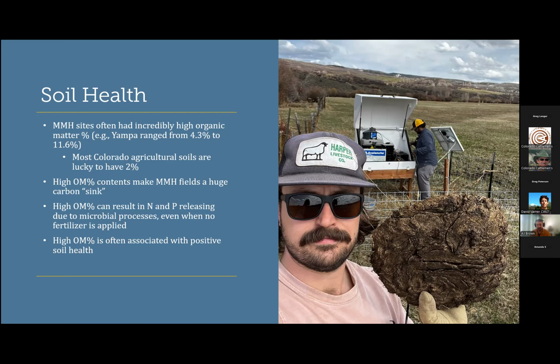It's really interesting. It's healthy for a lot of different reasons, lots of microbe activity and that kind of stuff. But it's not a silver bullet because what can also happen when you have high organic matter is that you actually have a ton of nitrogen and phosphorus that's just waiting to be let out, right? So it's storing it there in the organic forms. But if something were to happen, like a tillage event or even just water logging in this case, we suspect